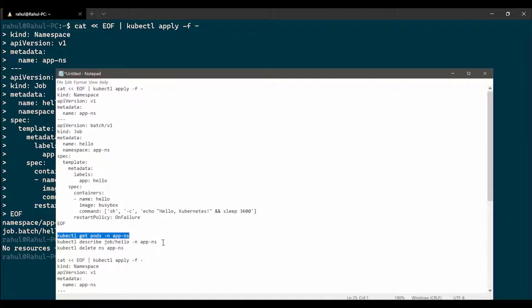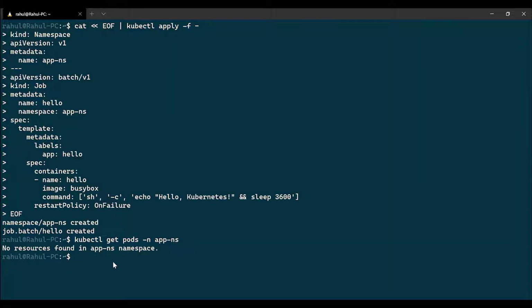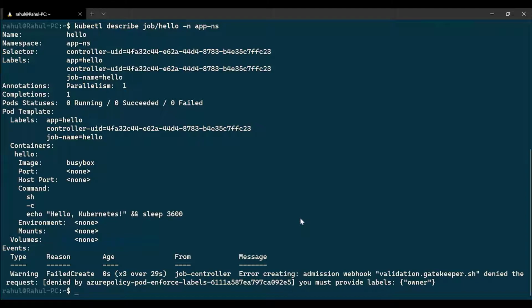I wonder what happened there. So let's try to find out the status of the job. So when you submit the command, you would find in the event section that the admission webhook that we created denied creation of the pod because we didn't specify the owner label.